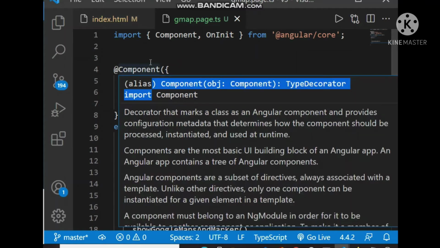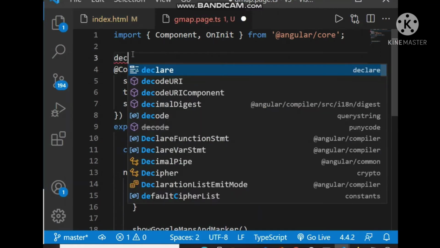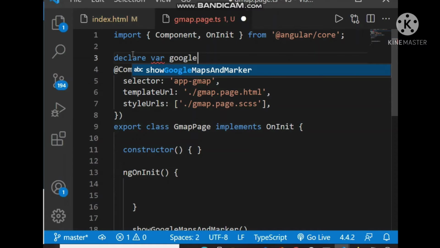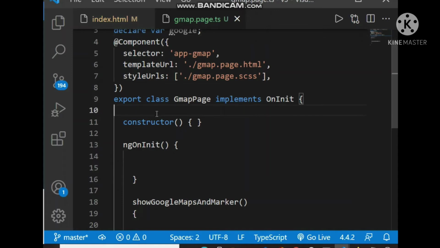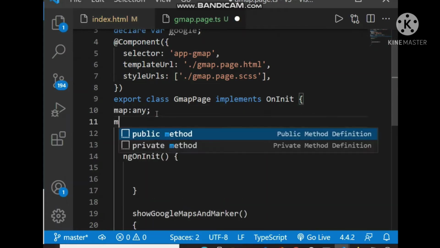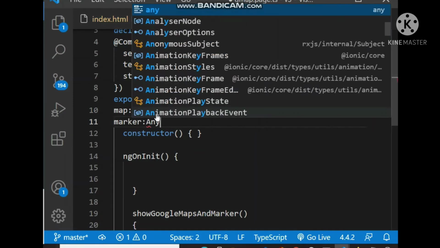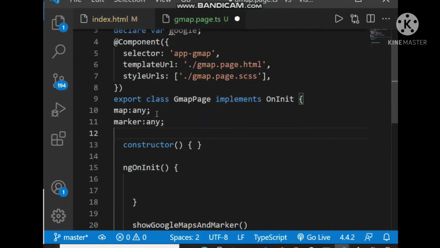Let's declare a Google variable here, because we will use this variable to plot maps and marker. This is the map variable, this is the marker variable, and we have to define the GPS coordinates where we have to plot the map and marker.